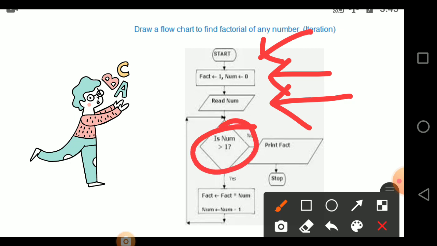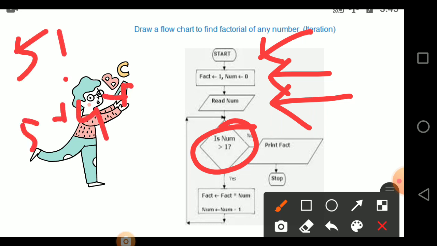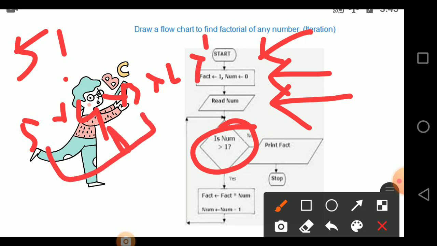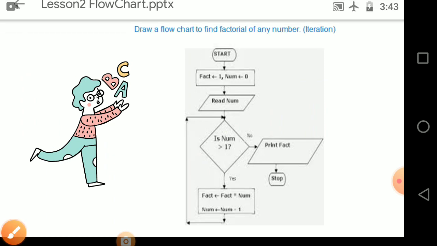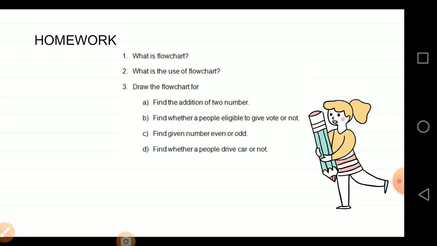If the number is greater than 1, you have to find fact equal to fact into num. Why? Because I told you that 5 factorial is 5 into 4 into 3 into 2 into 1. So you have to continuously multiply by the lower numbers. That's why we are doing this, and the number is decreased by 1. When the number reaches 1, the processing stops and you have to print the value.